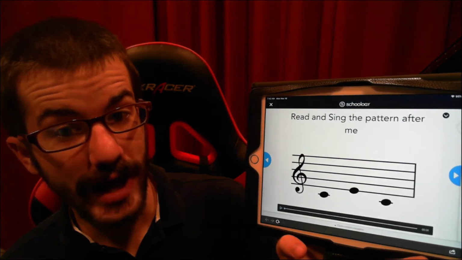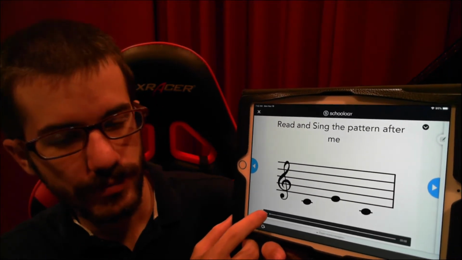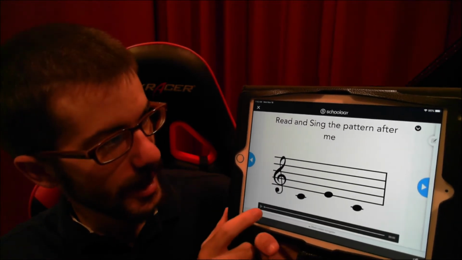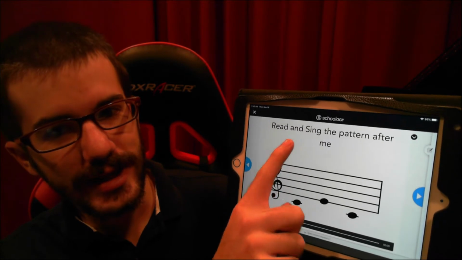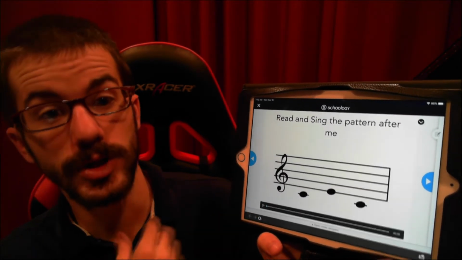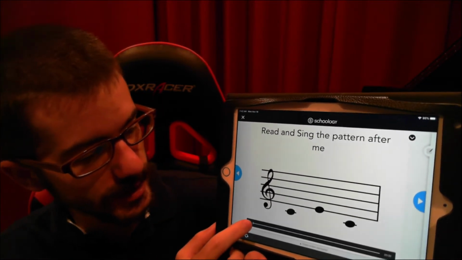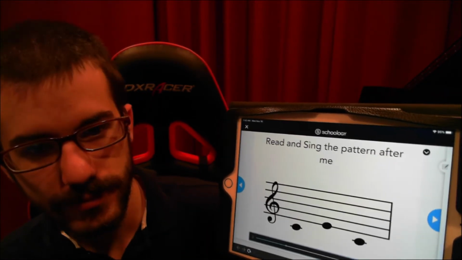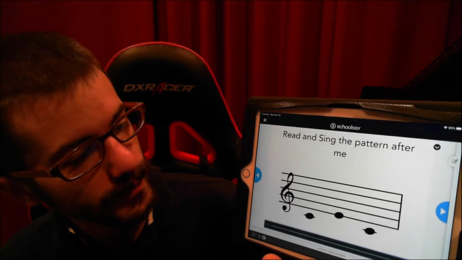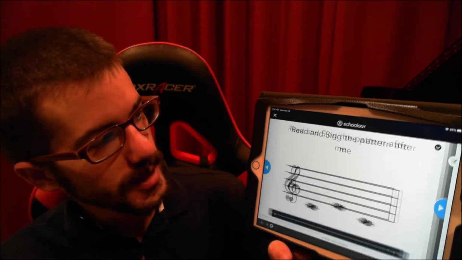For each pattern, there will be a little play button down at the bottom. It shows you what the pattern looks like, and then you read and sing the pattern after me. So you hit the play button, you will hear me sing the pattern, and then you sing it after me, like this. Do, mi, do. Do, mi, do. So you can see what that pattern looks like, and then when you go to the next slide,